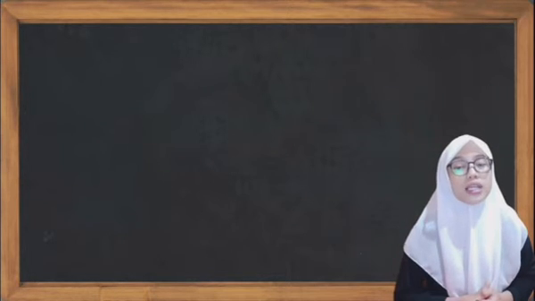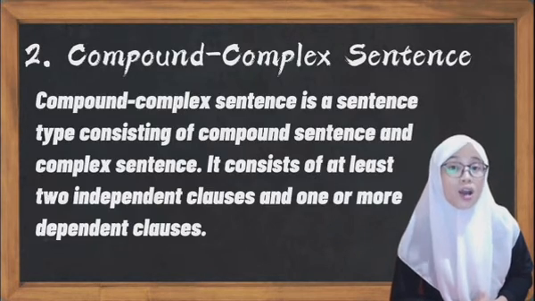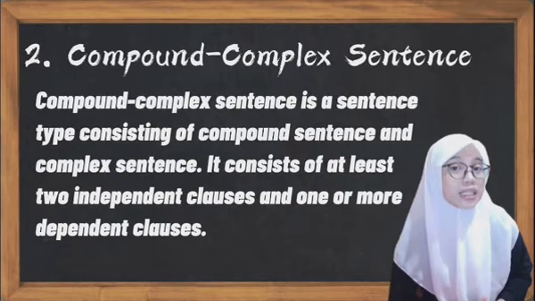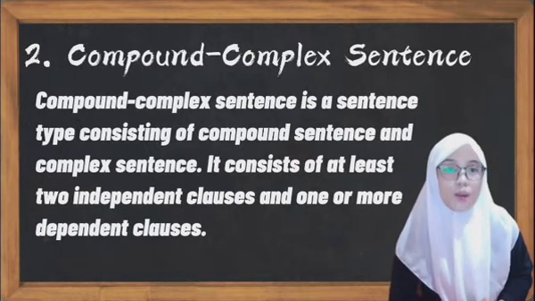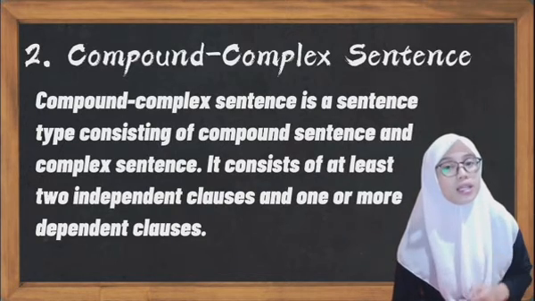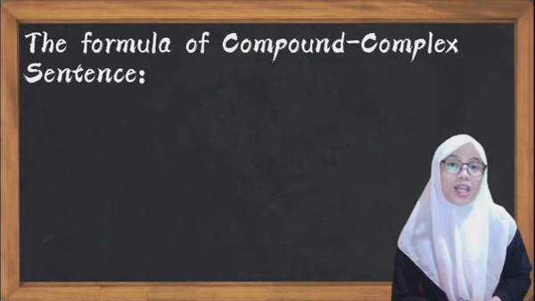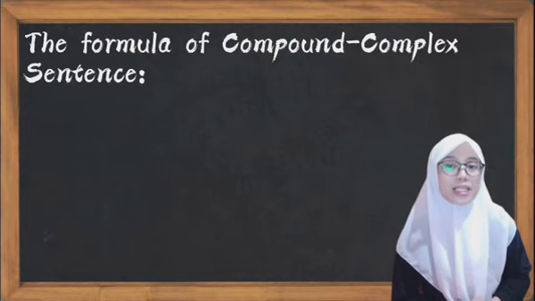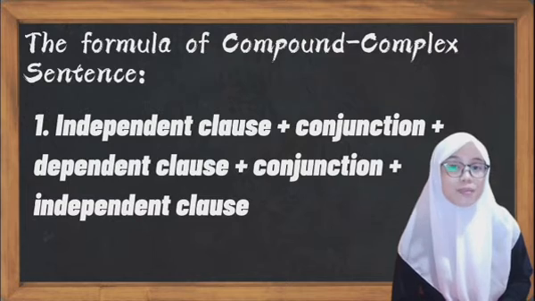Next, I will explain compound complex sentence. Compound complex sentence is a sentence type consisting of compound sentence and complex sentence. It consists of at least two independent clauses and one or more dependent clauses. The formula of compound complex sentence are: the first formula is independent clause plus conjunction plus dependent clause plus conjunction